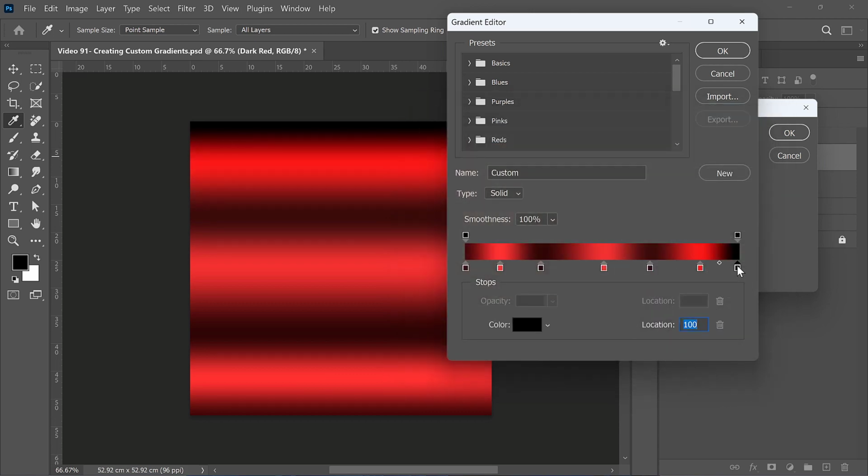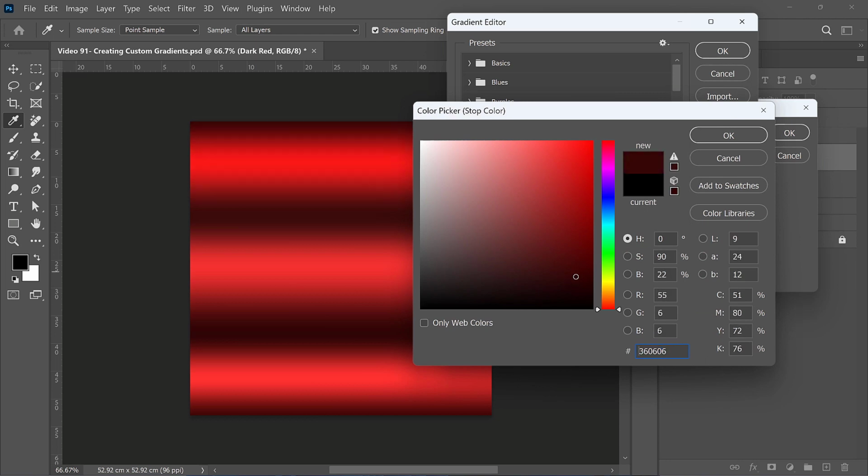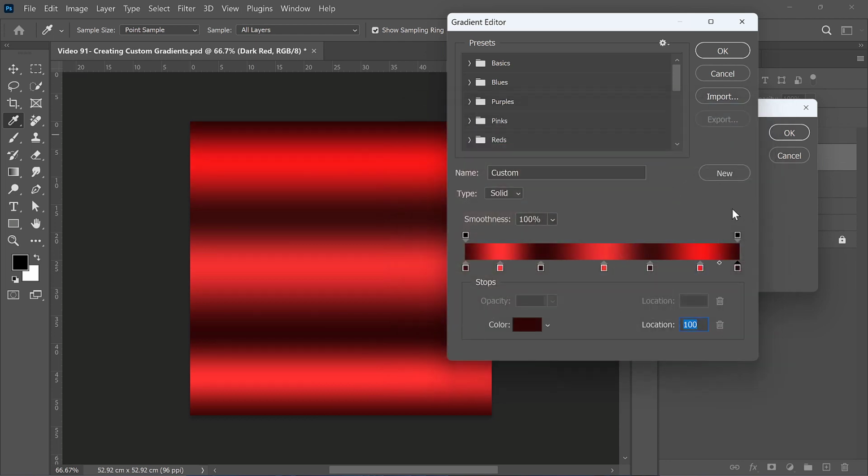Then I want this top here to have this dark red, not pure black. Okay, just like so. Then since we have this gradient already created, of course we can customize it further. I'll just scroll down, select this group, then I call it dark red,